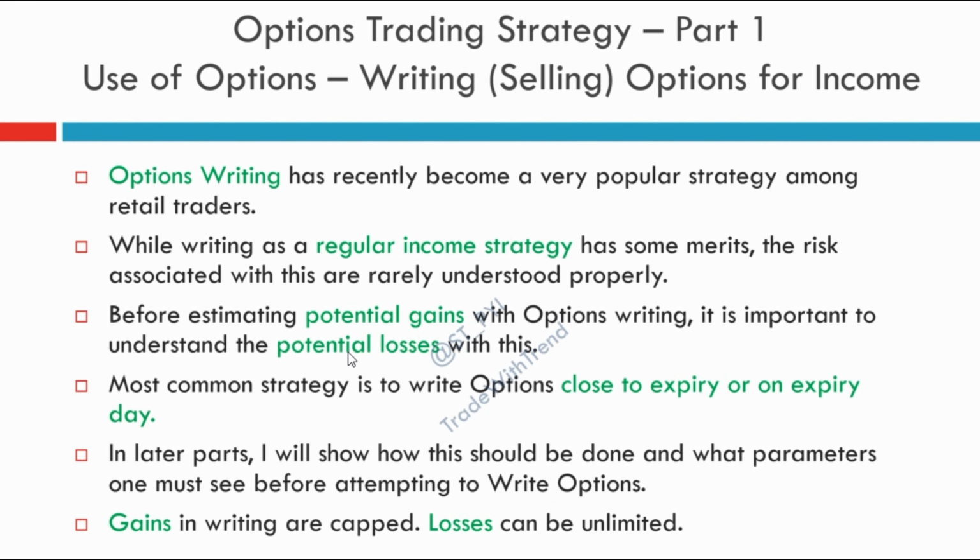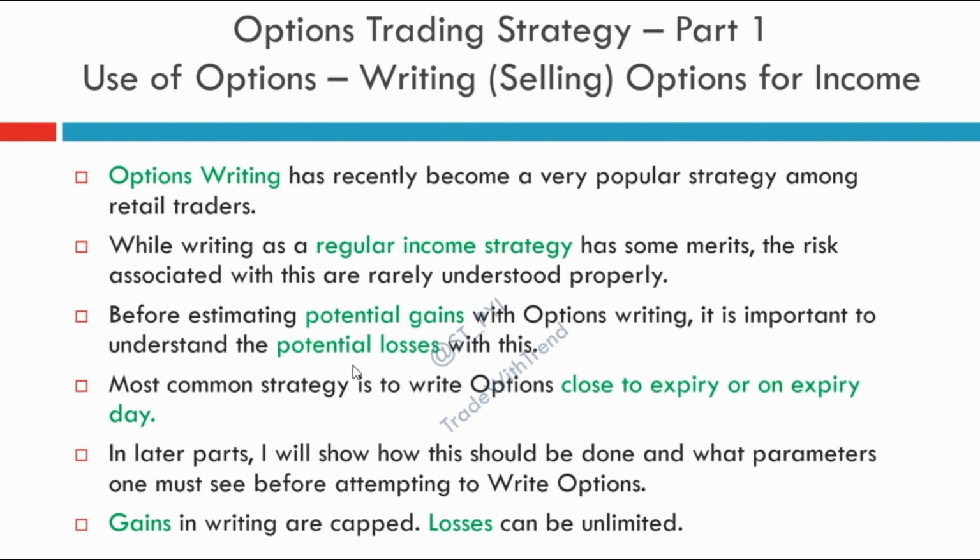Again, the most common strategy is that people try to write options close to expiry, or let's say weekly expiry. I've been in the market for a long time. I don't want to say XYZ strategy is wrong, but please understand the risks that are associated with writing options,